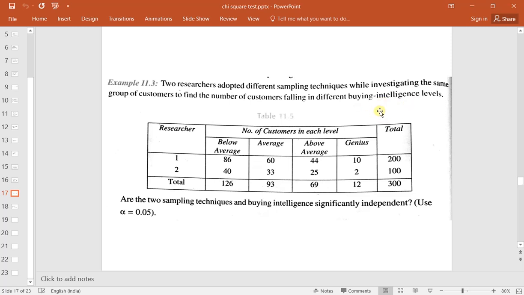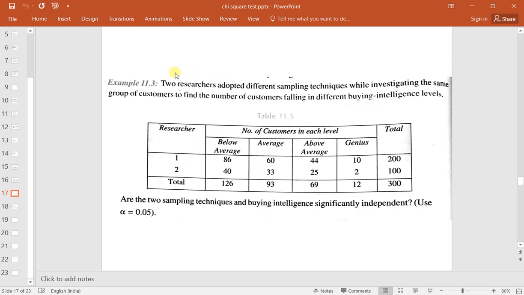And the more information you have, that means the more accurate you will be in making buying decisions. So that is why when you want to buy something, you try to research what are the alternatives available, how many kinds of different products are available, what is the price, which product can give you a better value, all those things. That is what is called the buying intelligence level. And there are two researchers, they are trying to assess, out of their selected area, how many people are having what kind of research, what kind of buying intelligence. So that is what they are trying to assess here.